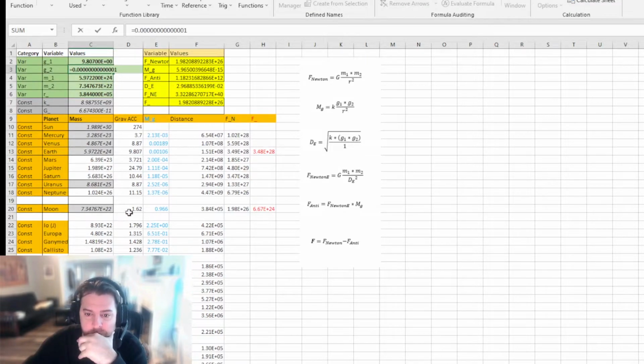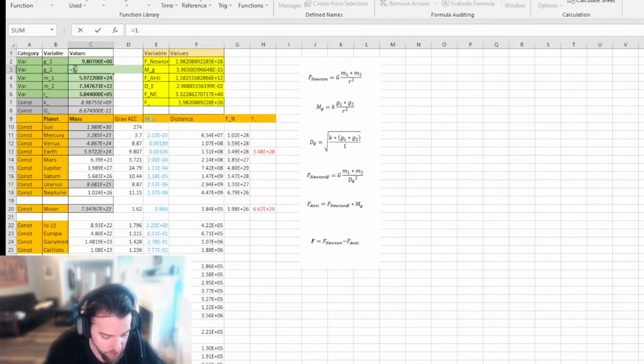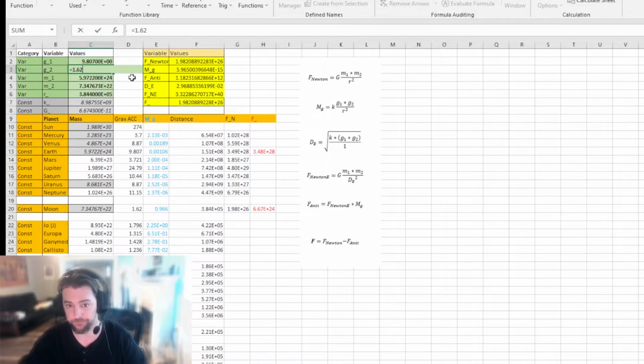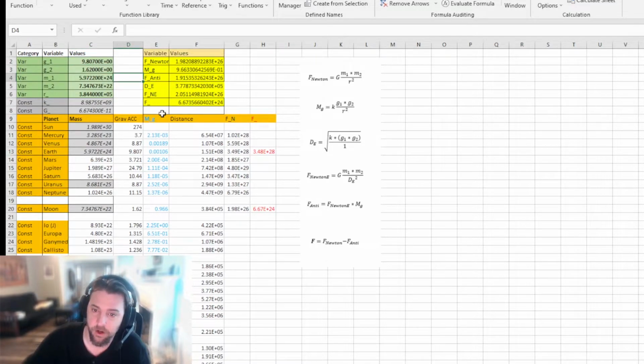And the moon's gravitational acceleration is 1.62. Now, these are the numbers that you get. All right, you get 0.966. So if I take 0.966, which is almost essentially 1, and I times it by Newton, what Newton gets